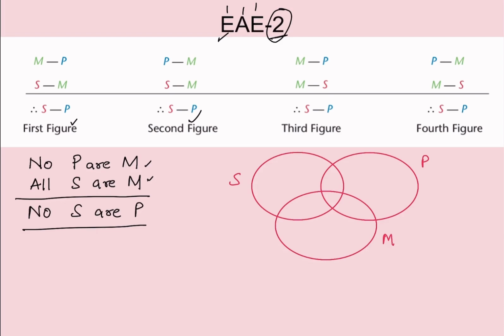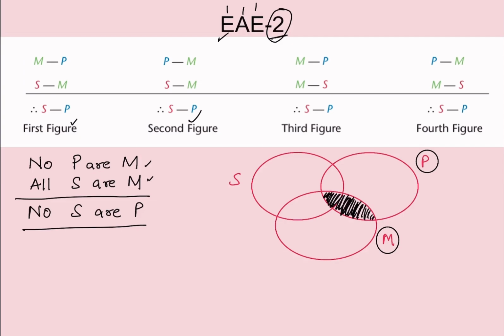So let's see the first question. First question में the diagram is done. You have to do S, P and M, which is already done. और आपको दिख रहा है यहाँ पे दो universal premises. So let's start with the first one. No P are M. So you have to check P और M. इन दोनों में आपको सर्कल्स बनाने की जरूरत नहीं है. This is just for making you understand. So P और M के बीच में आप shade कर दो. ये पूरा area आपका shade हो जाएगा. So shade it properly. So this whole area will be shaded.